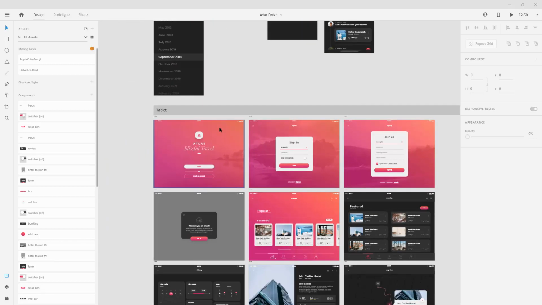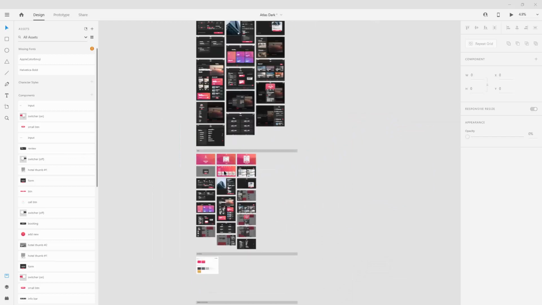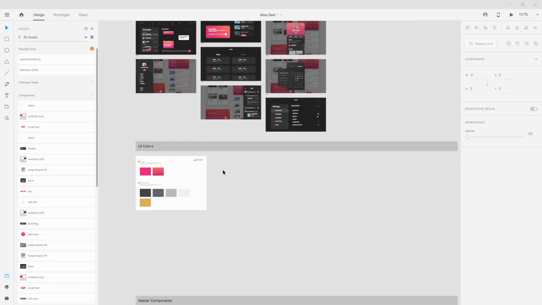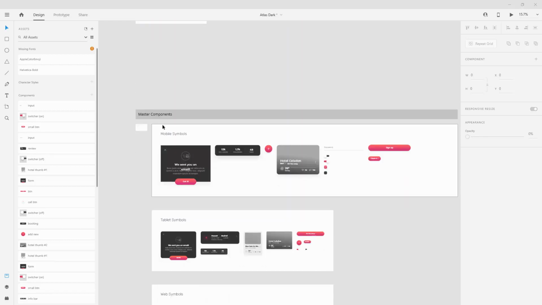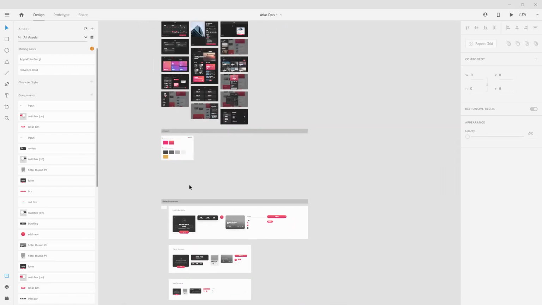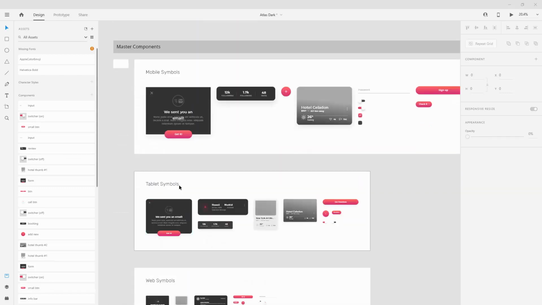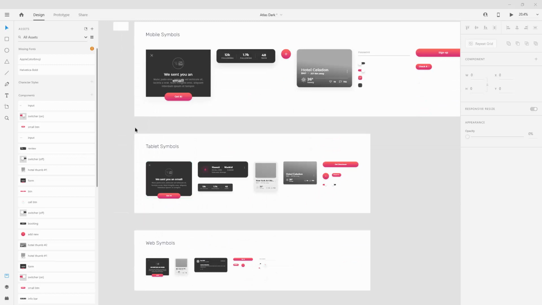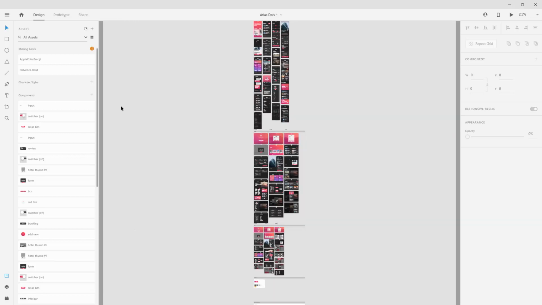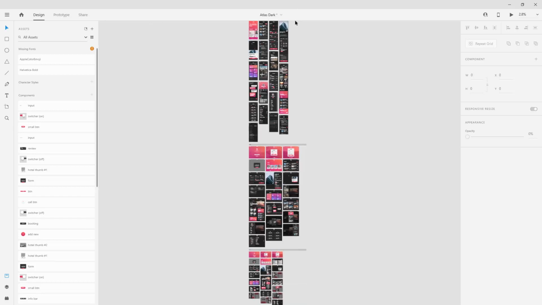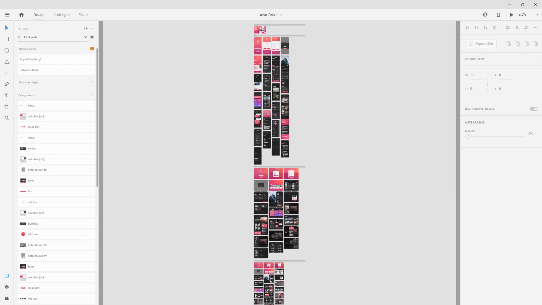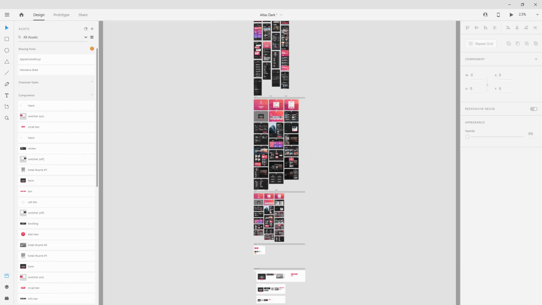It's free. And right here we have the mobile versions, tablet versions, web versions, and finally we have UI colors and master components. And this is what's really important because all of these components were transferred from the original Sketch file. If you've ever used Sketch, you have to create basically separate pages for your components. So one page will be for the mobile design, one for the web, one for the tablet and so on, and another page will be for the components, for example,